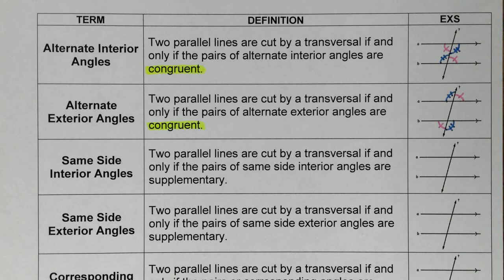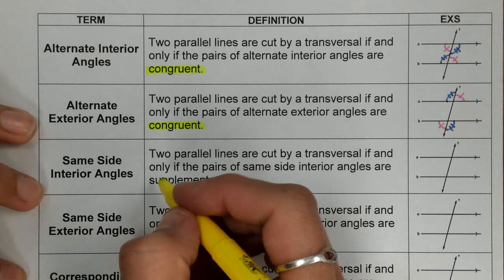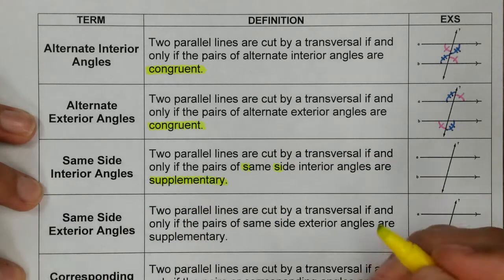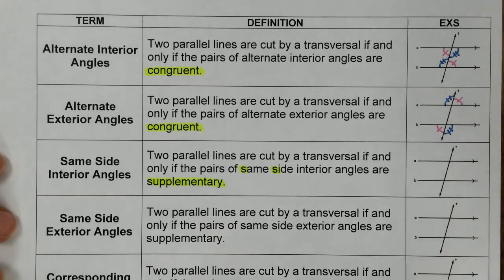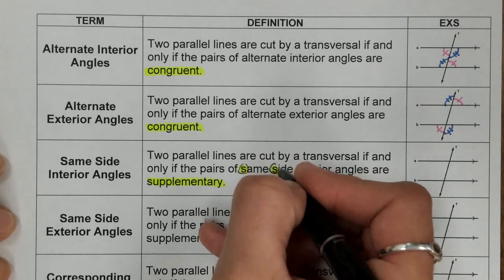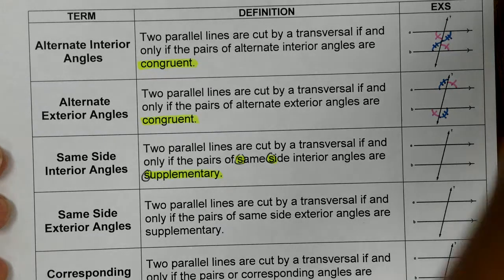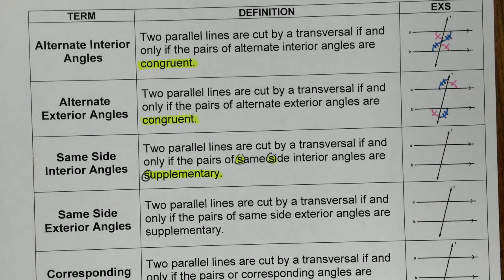We now have our same side interior angles, saying that if two parallel lines are cut by a transversal, if and only if the pairs of same side interior angles are supplementary. What I like about the same side, you have S, same side supplementary. So we have that S, S, and S. Same side supplementary. So here we can identify, now I can't do congruent markings anymore because they're not congruent, so